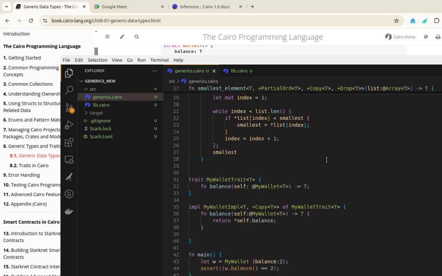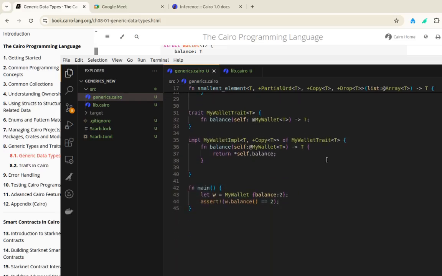So the assertion I made is that the balance method is returning the balance. So assert that the balance of my wallet struct is equal to 2, because that's what I initiated. So in case I change it here